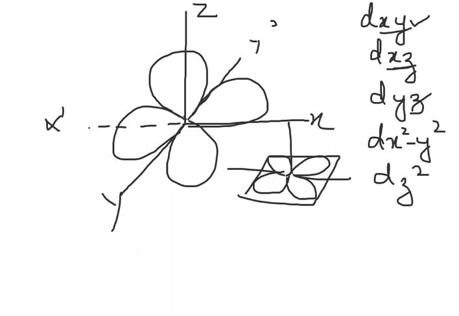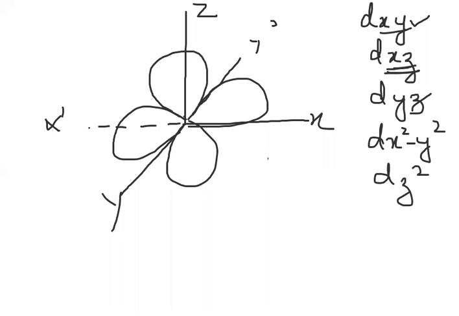Similarly, if you are talking about x and z, then you can understand the plane to be like this. Wait, I'll show you. In the case of xz, that means this and this, the plane is standing like this, let us say. So you have the x and you have the z. So this is arranged like this, along the xz plane.